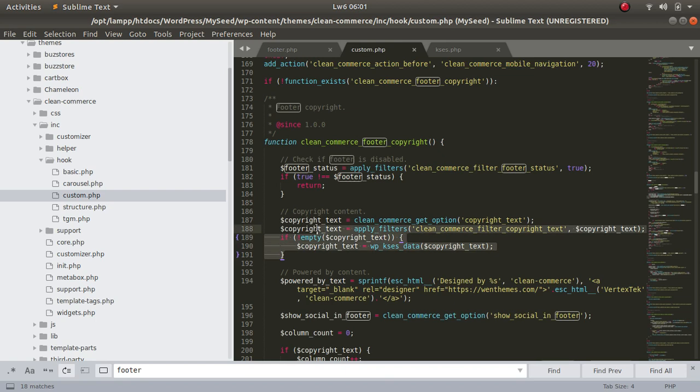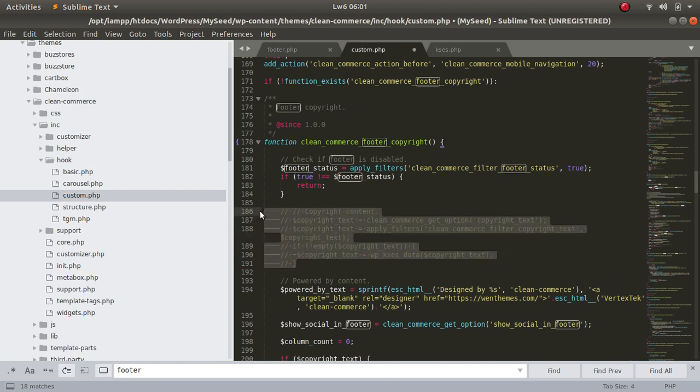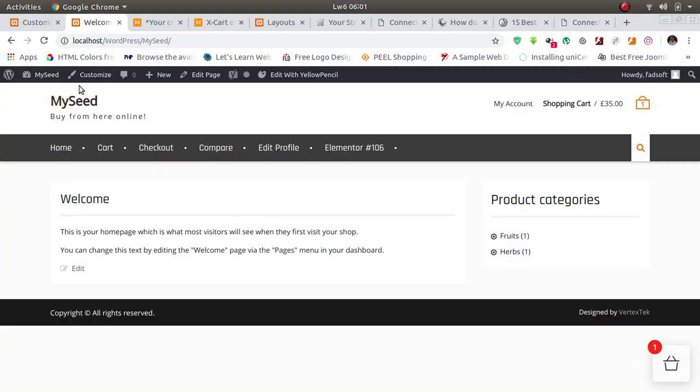You can come here and uncomment the whole bunch of these lines. Try to refresh. Now you see copyright has gone.